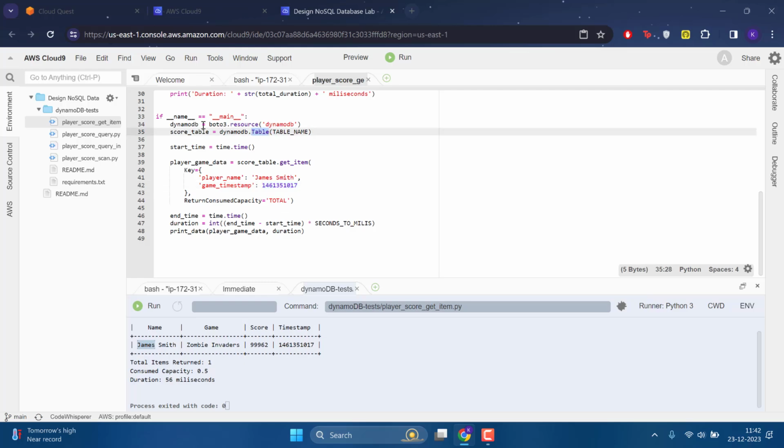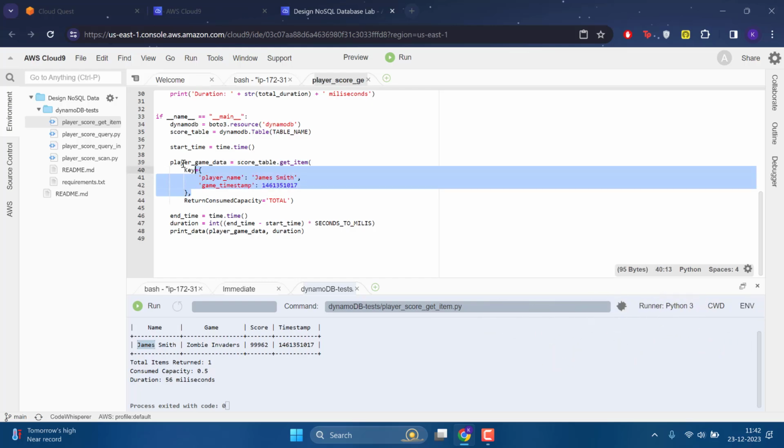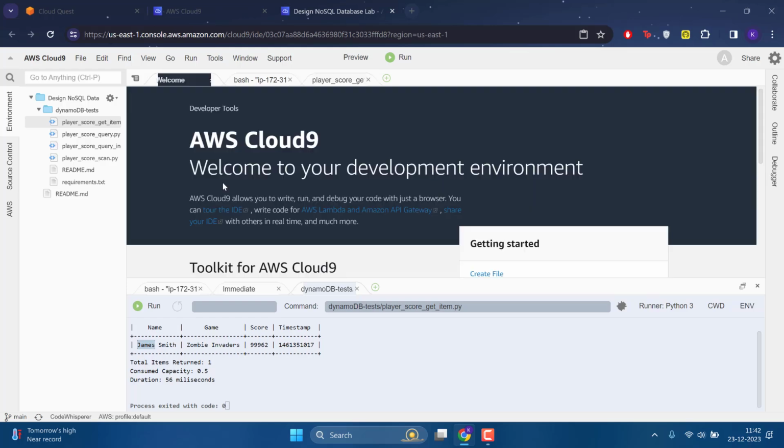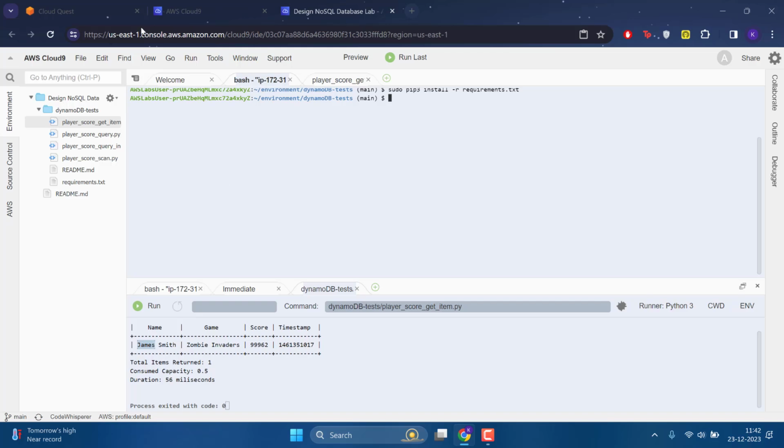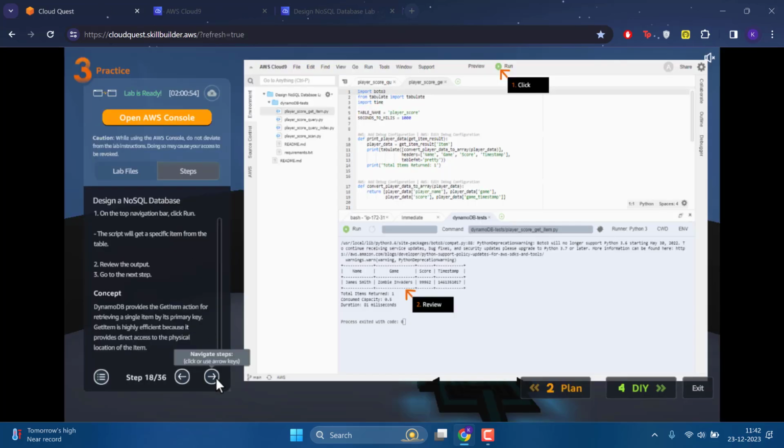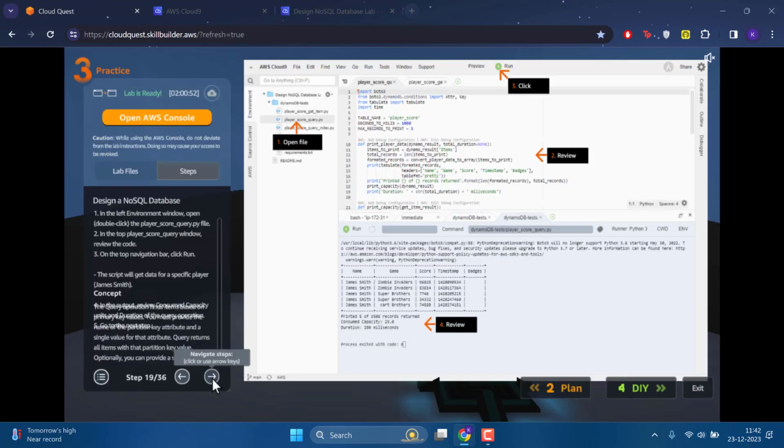So you need to create a DynamoDB instance, whatever it is. Then it has this function or method, Table, where you need to pass the table name, then create it. Then it has get_item to get a single record or item. And these are the parameters you need to pass. This is the takeaway from this particular one. Then let's go back. Okay, let's go here. So we already got this, which is good.